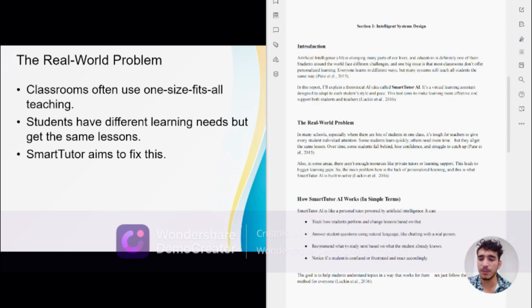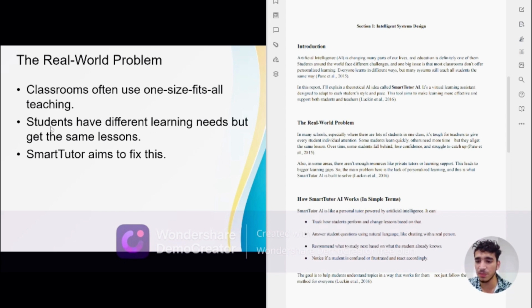So if you want to explain more about the problems that could be faced by many universities or schools, we can say that classrooms often use one-size-fits-all teaching, which is a system that is a little bit traditional for the modern world, and it's demanding. So we need a platform or a tool that gives students personal support and meets their personal needs.